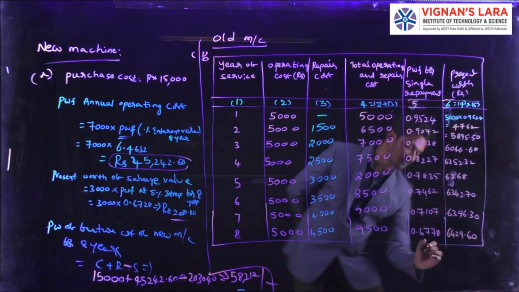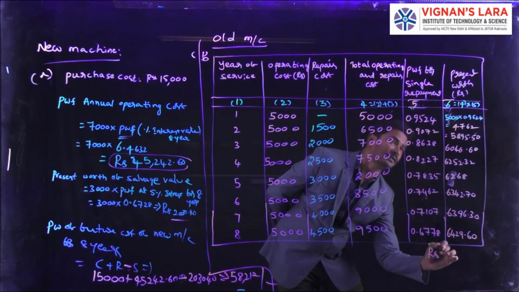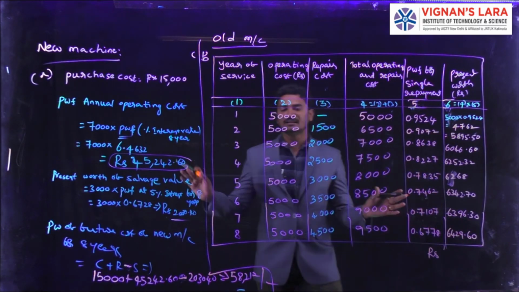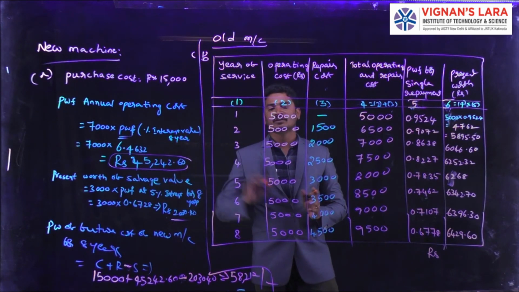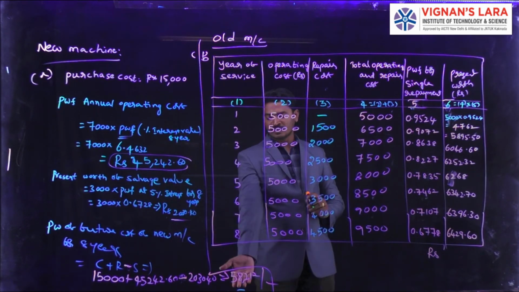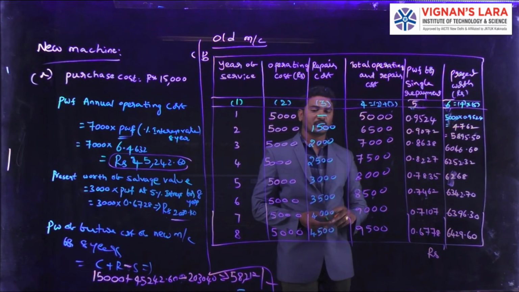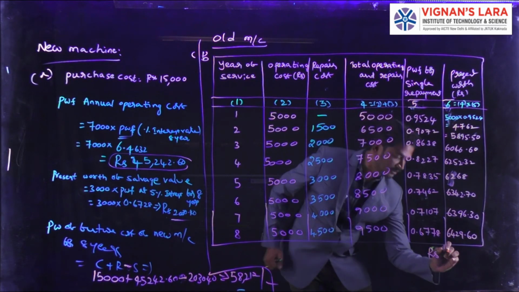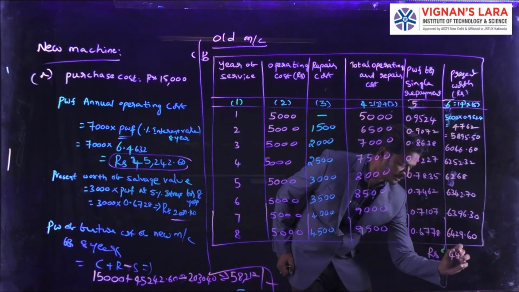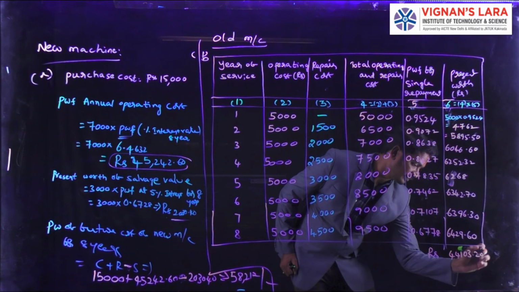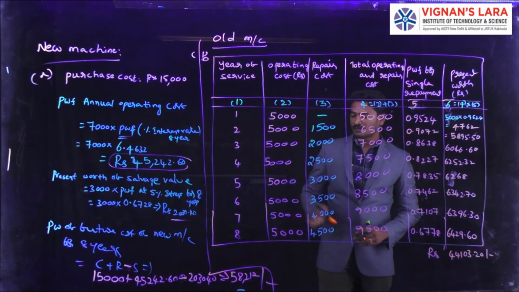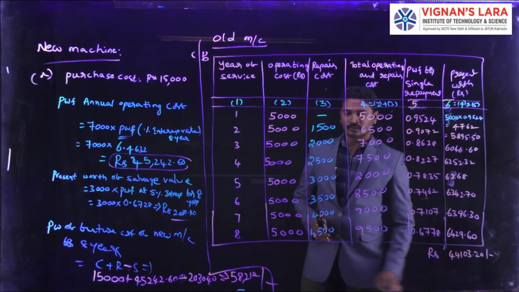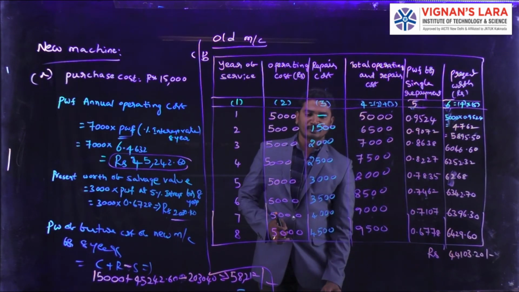Then we are going to take the cumulative of this present worth value, because only after accumulation are we going to decide which machine is better, the new machine or the old machine. Already we have the new machine cost as 58,212. Now we are going to calculate the old machine present worth. After the accumulation we get 44,103.20. From these two, the new machine has the highest value compared to the B machine.